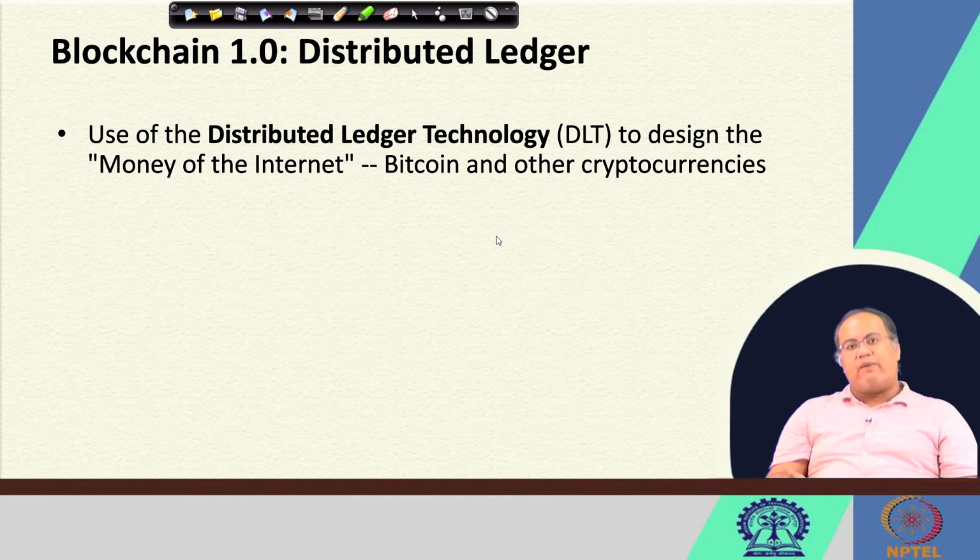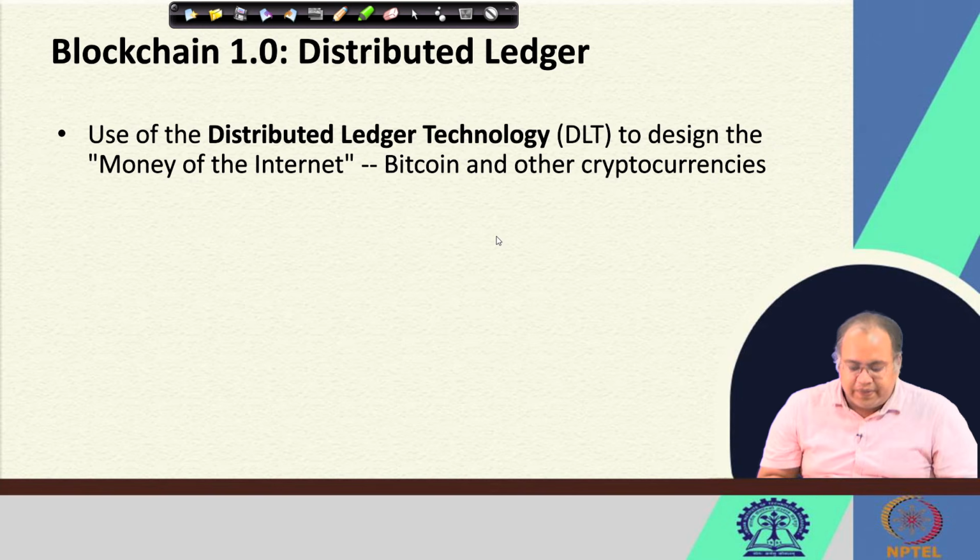Why do we call it a public ledger? Because anyone can see that ledger and verify the correctness of the content in that ledger, and it is a kind of distributed architecture. So this distributed ledger technology, or DLT, has opened up Bitcoin, which is really the money for the internet, and that way it has given generation not only of Bitcoin, but many other cryptocurrencies.